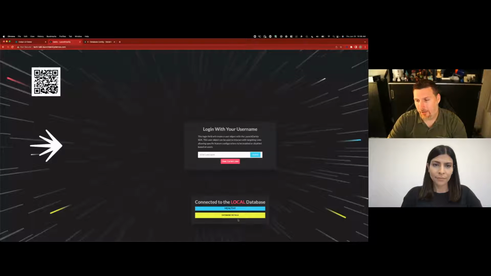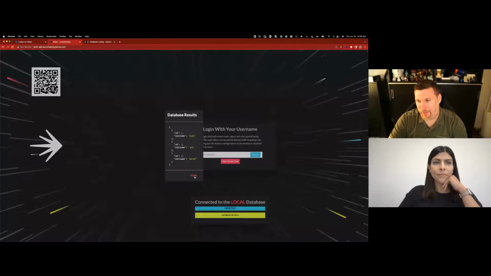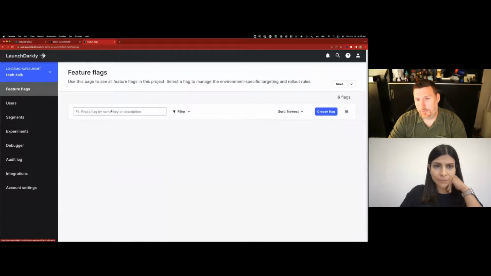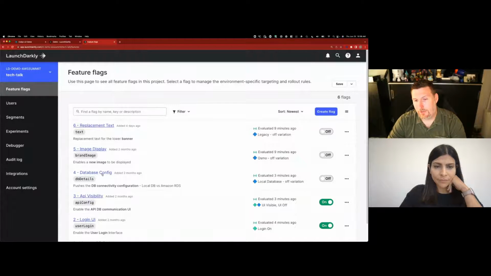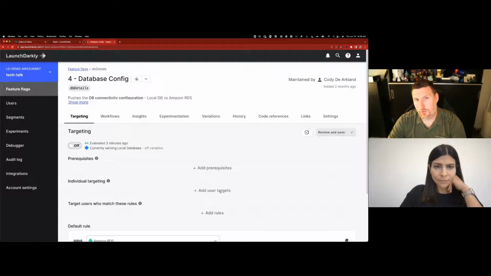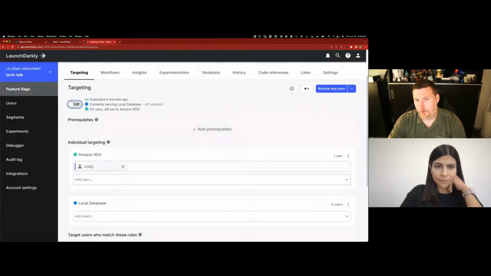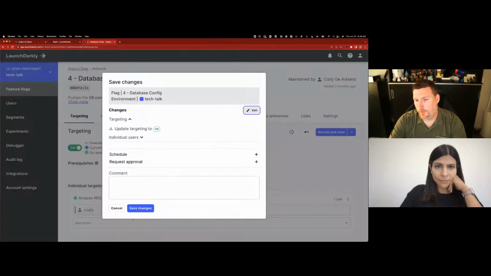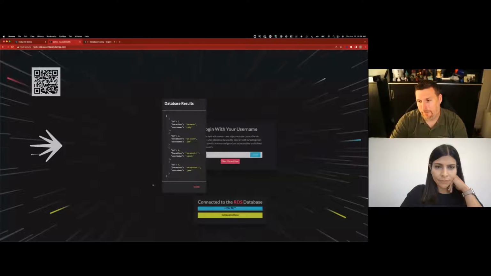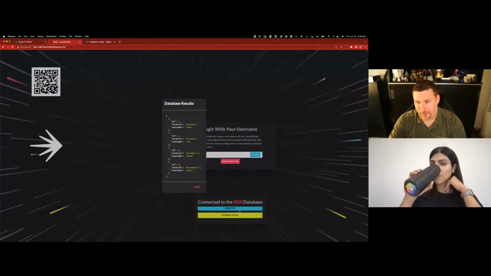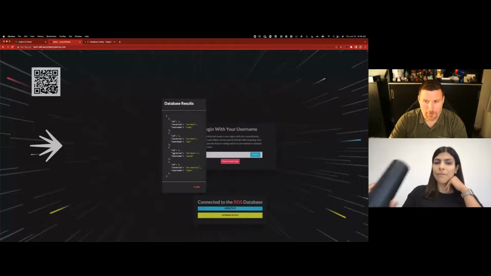So when I switch back here, I'm going to bring this up and I'm going to have the database results here. We can see down in the bottom, connected to local database. Now, if I go in here and set the targeting rule to Cody once again and turn it on, and we switch back very quickly, we saw it switch really fast there. So we can see it's now connected to RDS instead, and it's getting a new set of data